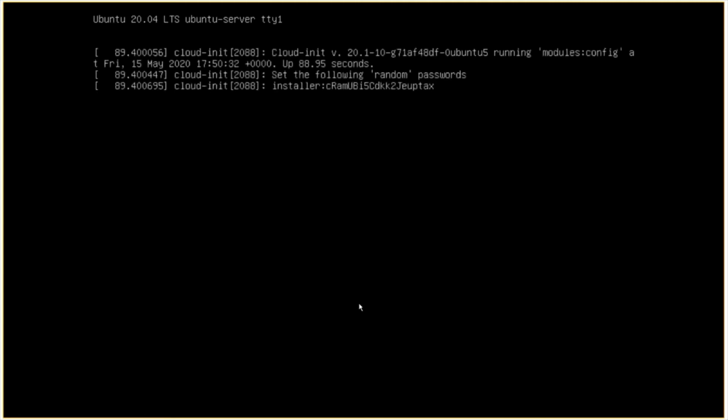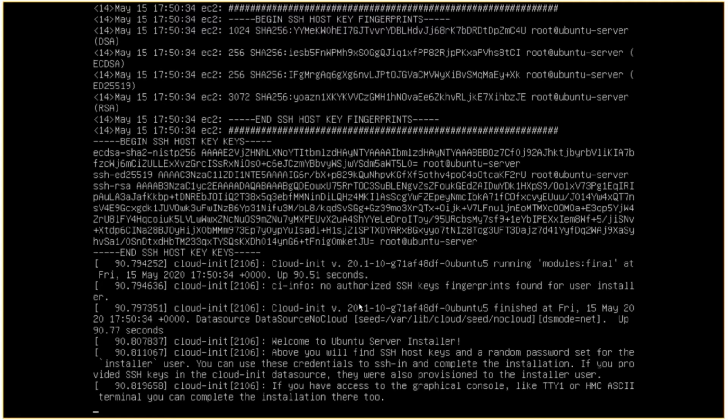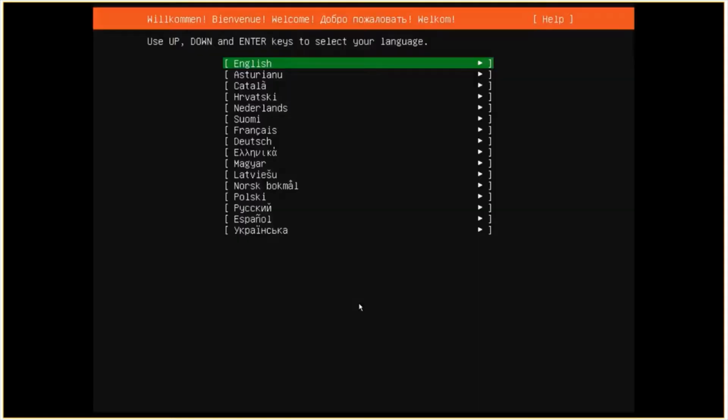So friends, Ubuntu 20.04 has been released and everyone is comparing it with Windows, saying that this desktop version has replaced Windows on your laptop. Well, let's see what happens. Today I'm going to install it on a server, because I think everyone has made this video for the desktop, so today I'm going to make it for the server.